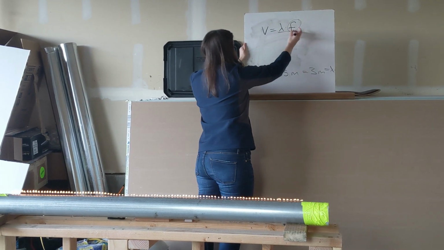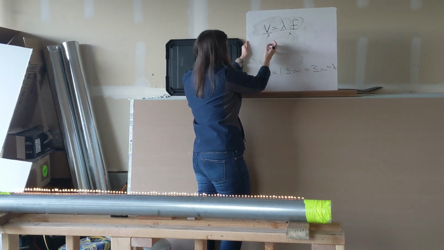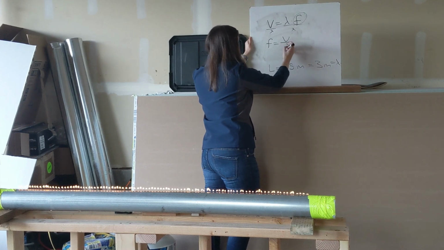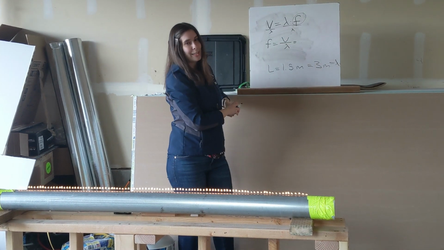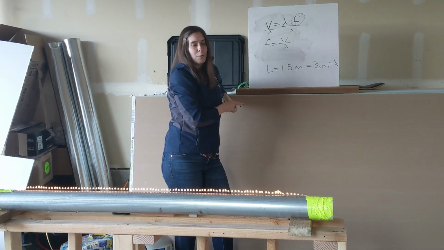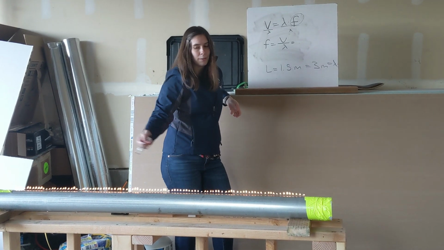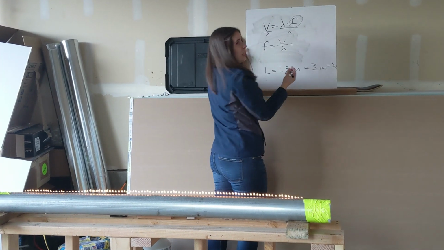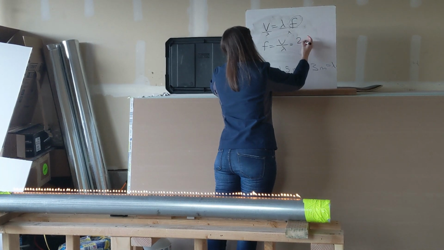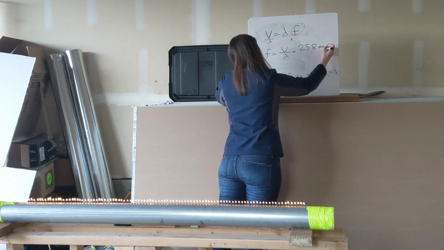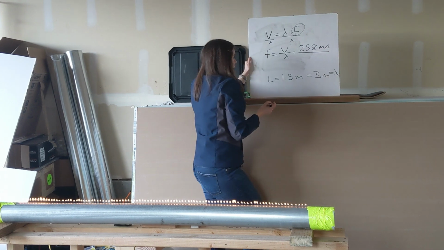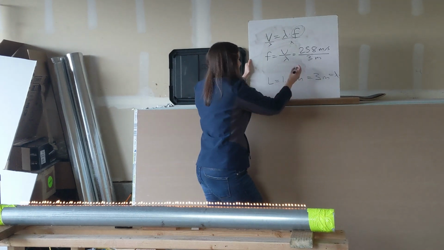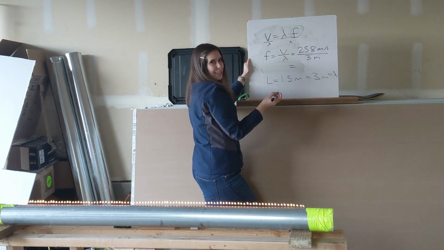So to do that, we will divide by wavelength on both sides. So now we've got the frequency is equal to the velocity of the sound wave divided by its wavelength. In this case, the velocity of sound through propane, which is what's happening here, there's propane gas going through this tube. The velocity of sound through propane is 258 meters per second. And we found out that our wavelength needs to be about 3 meters, which means that the frequency of this is going to be,